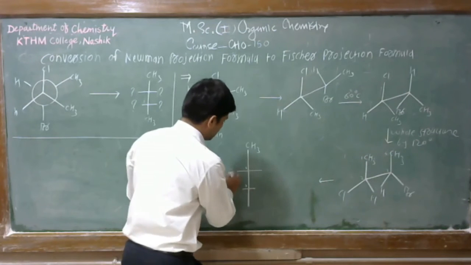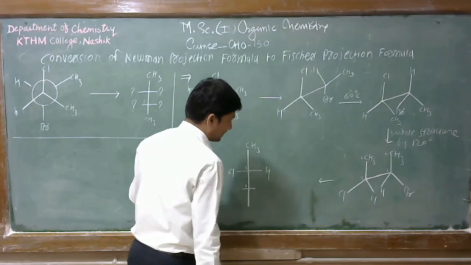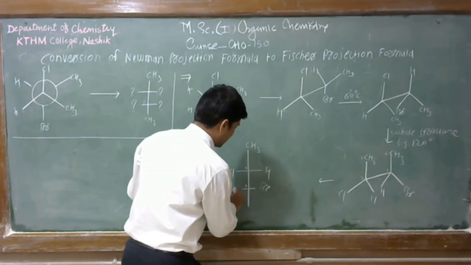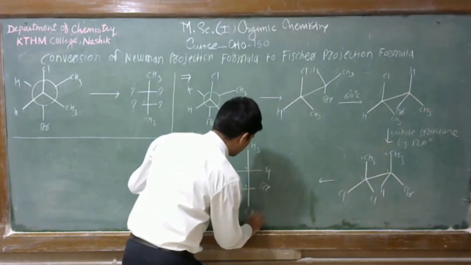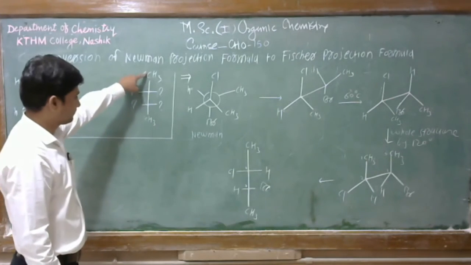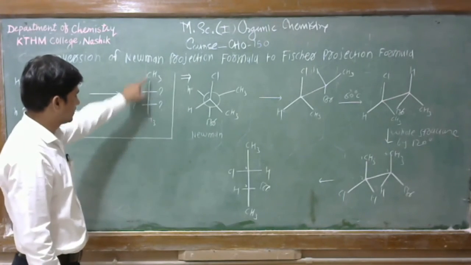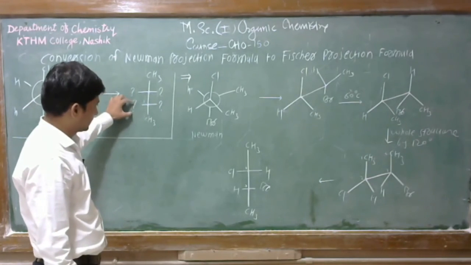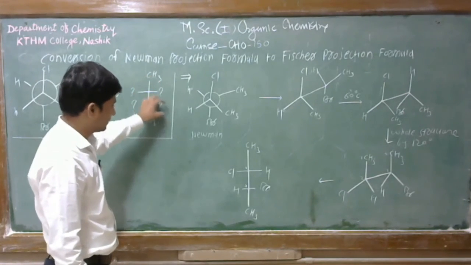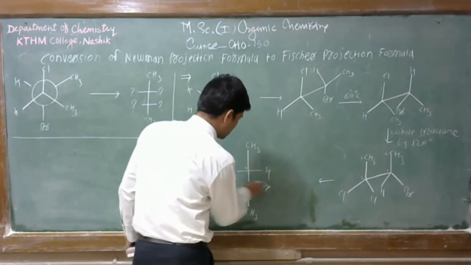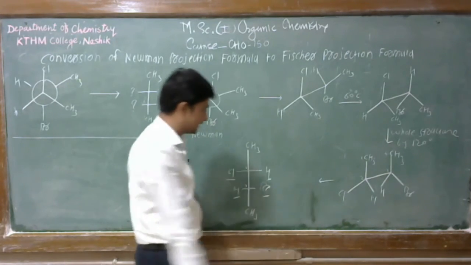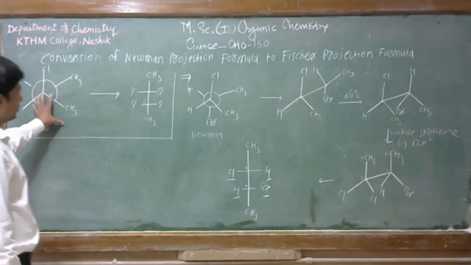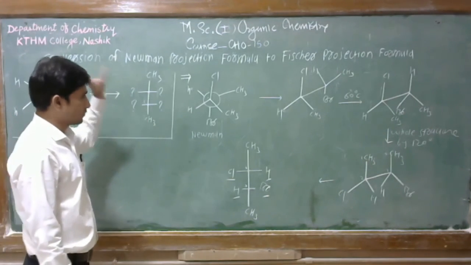On the above position, this is Cl here, this is hydrogen here, and on carbon number 3, this is bromine here, this is the hydrogen here, and this is the CH3 here. So observe the given structure. In the given structure, 2 CH3 are on the vertical line. So here is the chlorine, here is the hydrogen, here is again hydrogen, and here is the bromine. So all these groups we find here. In such a way, we convert Newman projection formula to the Fischer projection formula.